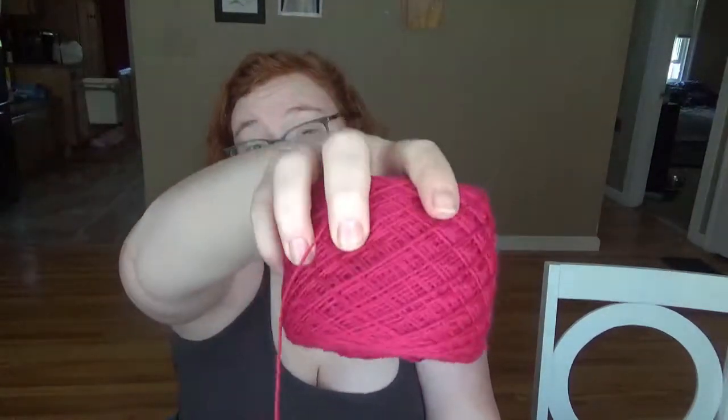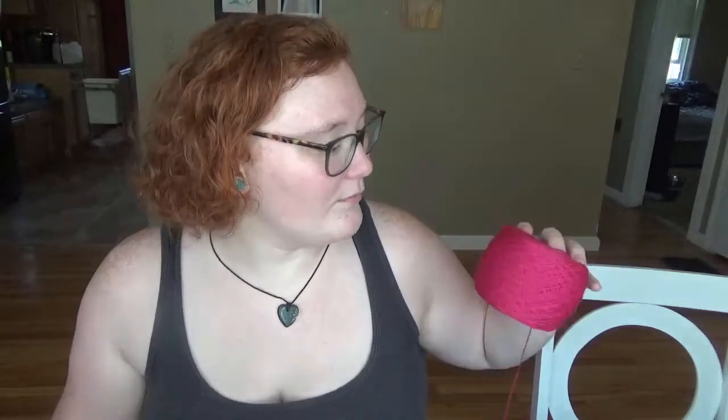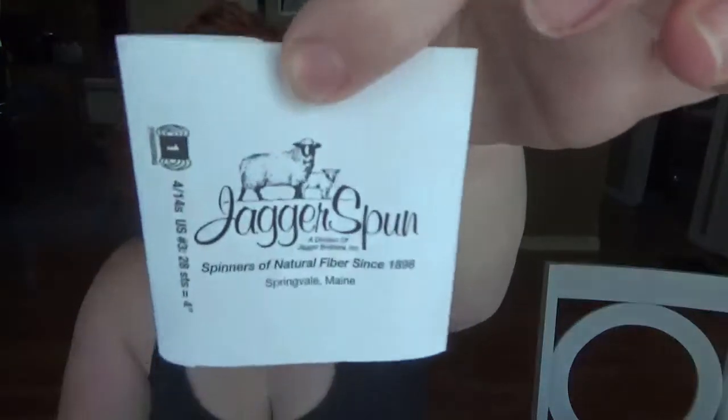And the other pattern that I'm working on, the yarn that I'm using is from Fuse Fiber Studio and Jaeger Spun. So there's the Jaeger Spun in the Peony colorway. It is way blown out on camera. I don't know, there's no way I'm gonna be able to show you the real color. It is just super blown out. Hopefully I'll be able to get a good photograph of it outside in the sunlight. I do have natural light in here, but I don't know. It is just super vibrant here on screen. And so that is Jaeger Spun